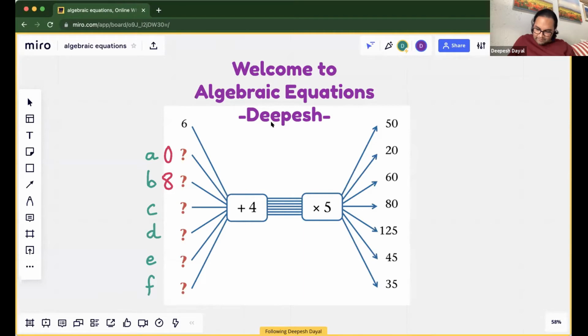So we get C, something plus 4. It's 12 plus 4 is 16, right? 16 times 5 is 80. So I'll write it next to here. It's 12 plus 4, sorry, let's fix that: 12 plus 4, times 5. And that gives us 80, right? Let's try the next one, D. What is D?